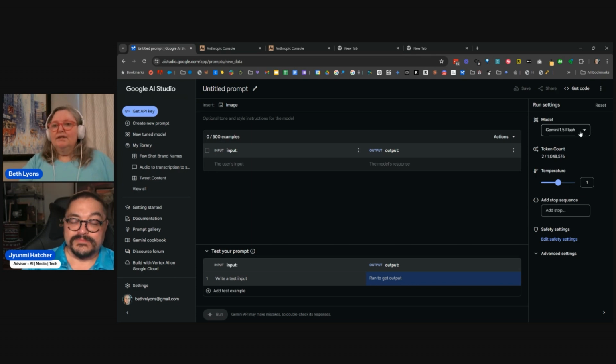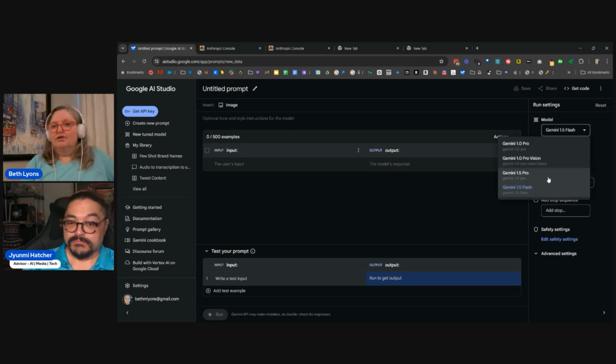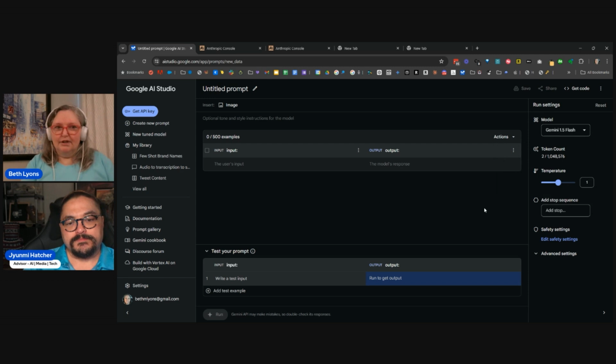One of the things that I will say over here just for a minute about models, 1.5 Pro is going to give you more writing skill and the ability to be more creative in more high reasoning kinds of ways. That's not necessarily what you want from this, right? You're giving it examples. You want it to follow that. You want a slight level of creativity, but not a ton of creativity. When I was prepping for this, I was super frustrated. And part of why I was frustrated was that I was using Pro